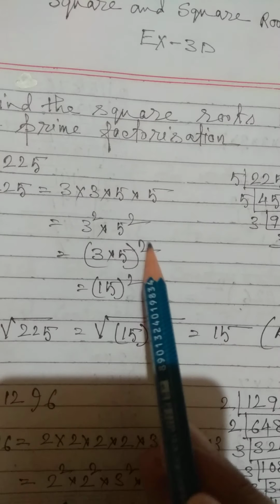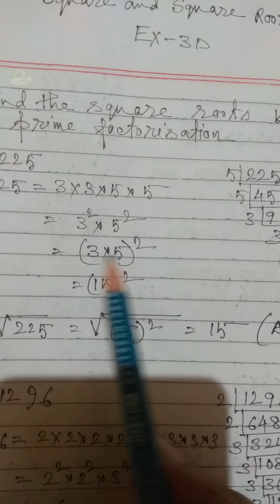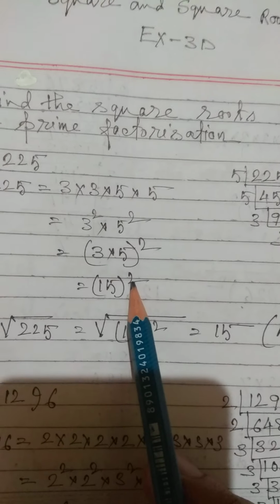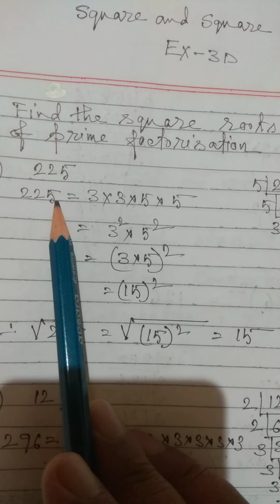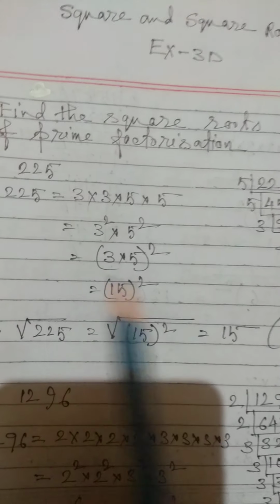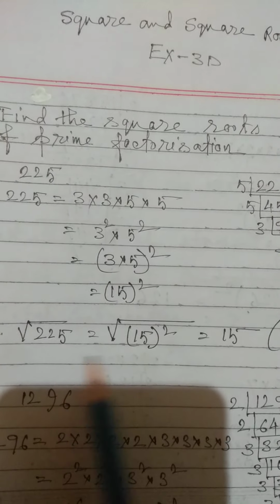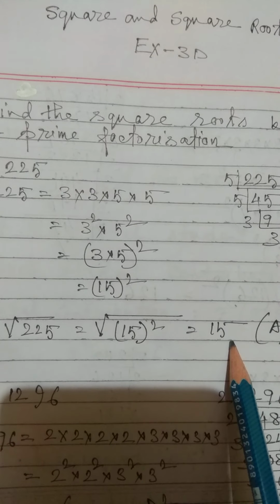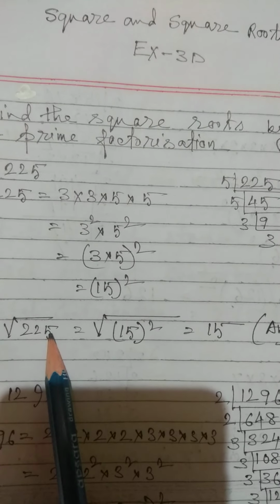So 3 into 5 whole square, according to the laws of exponents, 3 into 5 whole square equals 15 square. So 225 equals 15 square. So root over 225 equals root over 15 square equals 15. So the square root of 225 equals 15. One more,